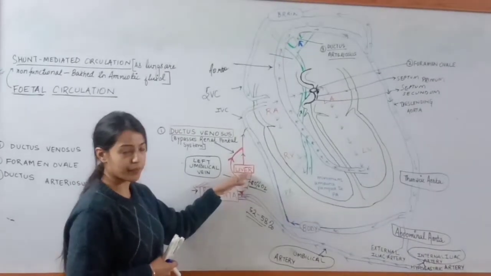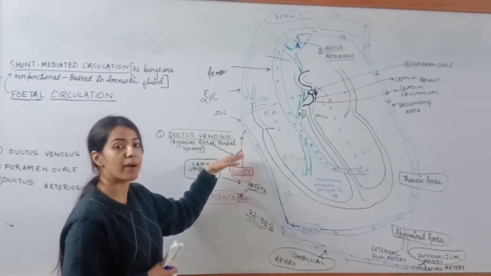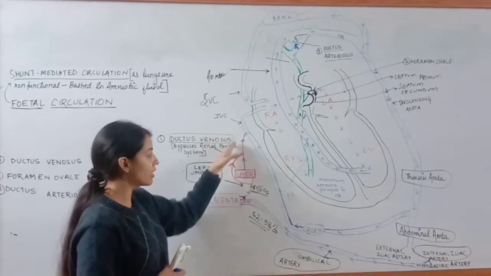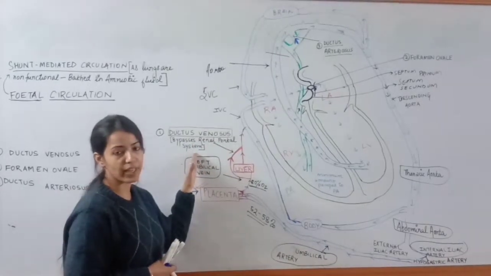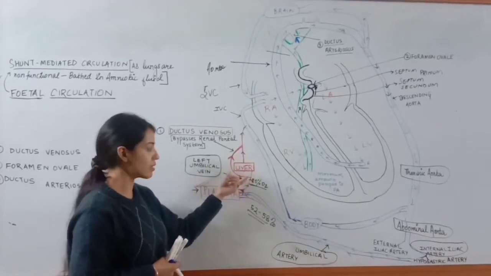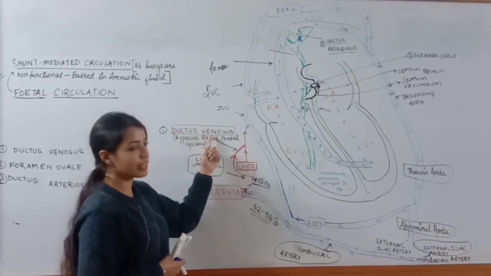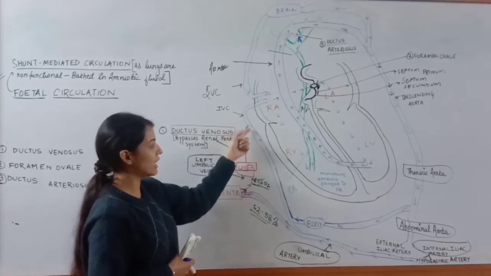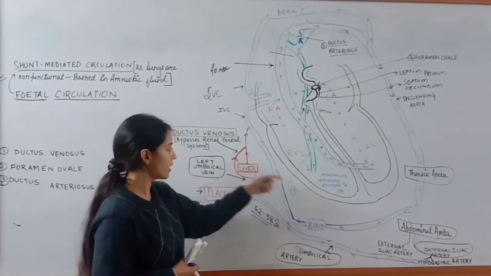From the liver, the blood will be shunted. Shunted means it will be bypassed, shunted into the inferior vena cava to bypass the renal portal system. Okay, so the renal portal system is present in the liver. To bypass this renal portal system, there is a shunt present over here. That shunt is called ductus venosus. It bypasses the renal portal system and finally it will meet the inferior vena cava, which is coming from the lower part of the body, right?